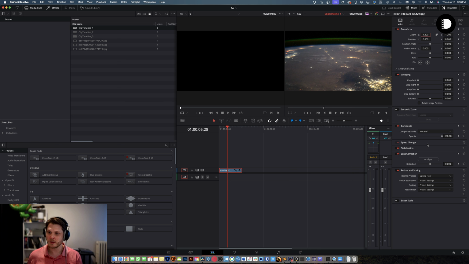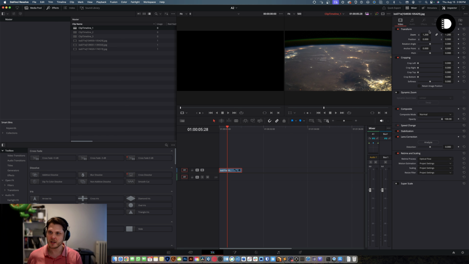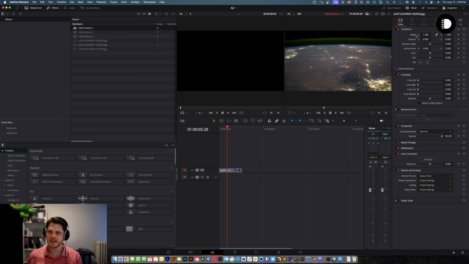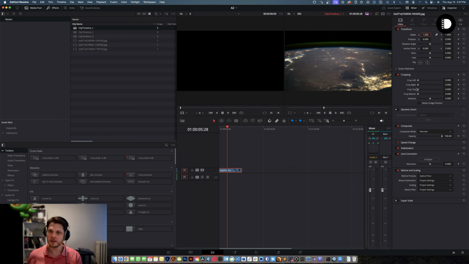Well, that's good to know. So there's Optical Flow applied correctly, but here we actually have a mistake. It says that zoom is at 1.2, but if we go to 1.1, it zooms out. So this is kind of the issue I was talking about, how sometimes you have to double up on settings,